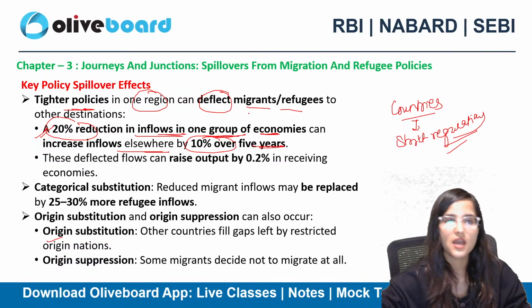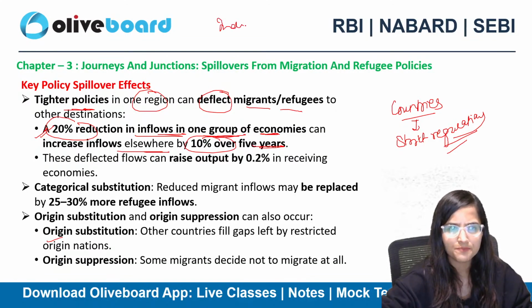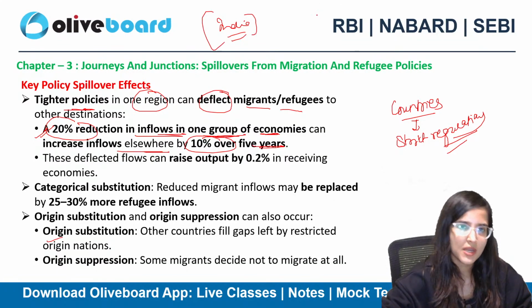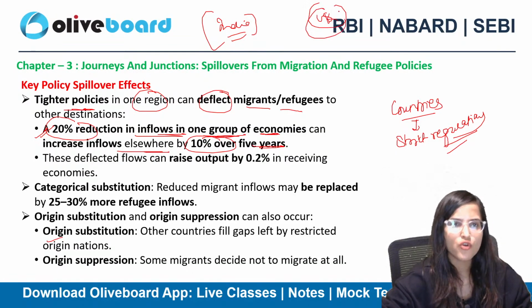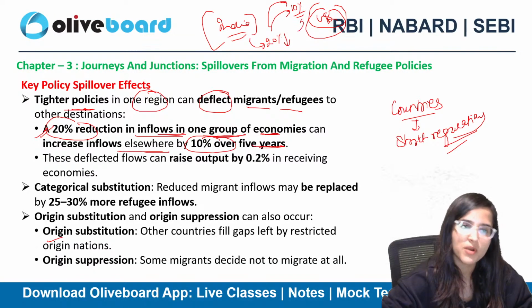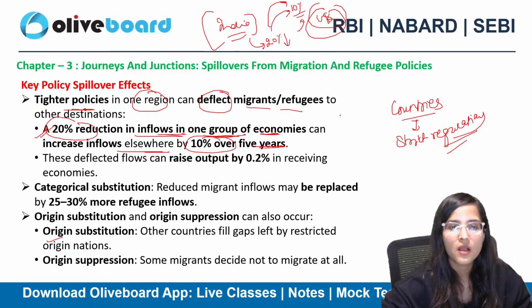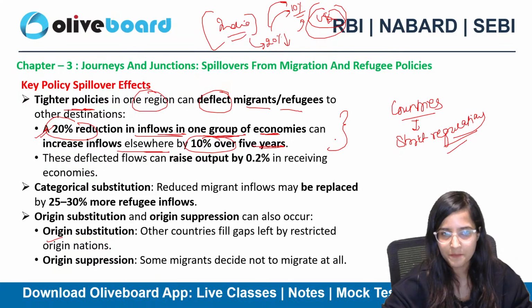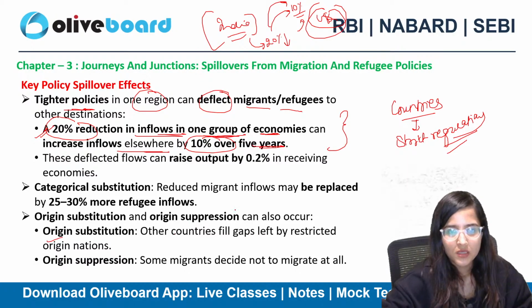तो ये टारगेट बनाया कि अगर बाय चांस फॉर एग्जांपल इंडिया है, और मान लीजिए यूएस है या यूके है, कोई और कंट्री है, तो अगर इंडिया में 20% से कम हो जाते हैं माइग्रेंट्स, तो कहीं और अगर वो शिफ्ट होके जाएंगे तो 10% कहीं और पे बढ़ जाएगा. इस तरह से डिफ्लेक्शन यहाँ पे एक परसेंटेज शो की गई है. ठीक है. देन